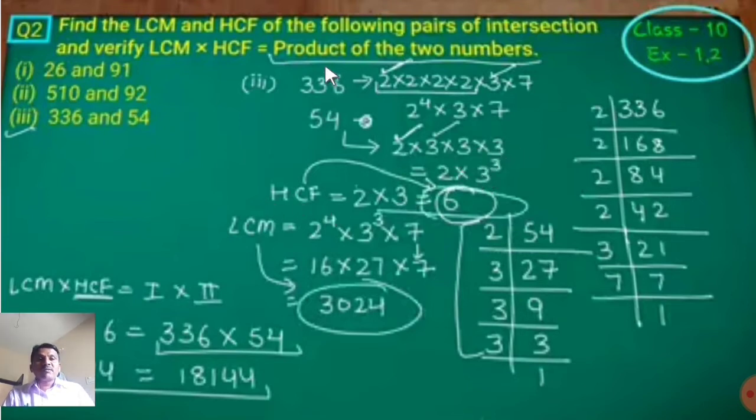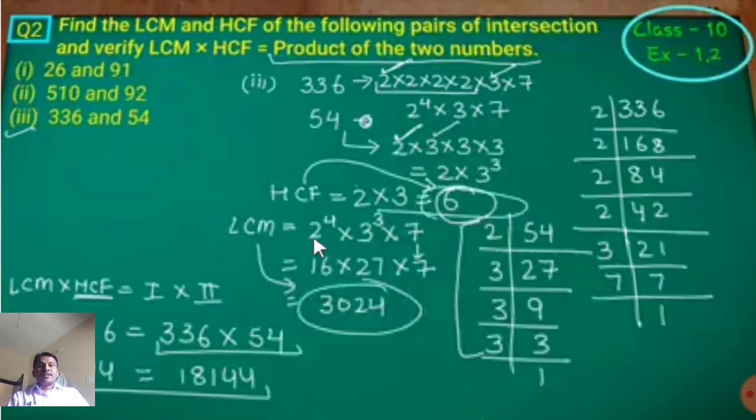What is the highest common factor of these two numbers? By taking these prime factorizations, see, 2 is common here. Lowest power of the factor, see, only one 2 is here. So you have to take 2 into 3. 3 raised to 3 is here, 3 is here. So the lowest power is 3. So you have to take 3. 2 3s are 6 is the highest common factor.